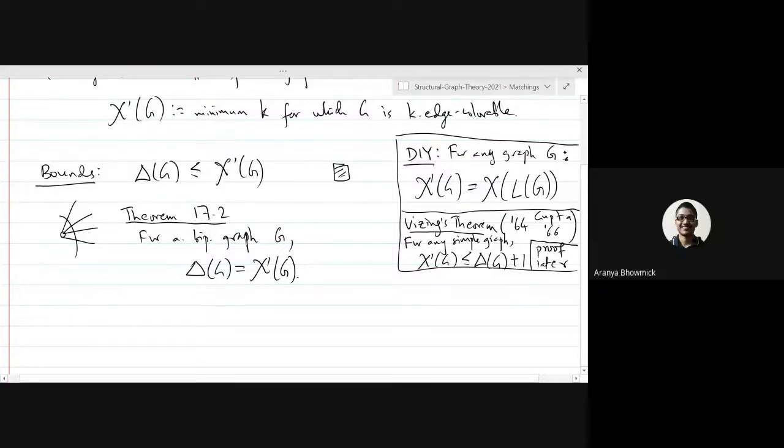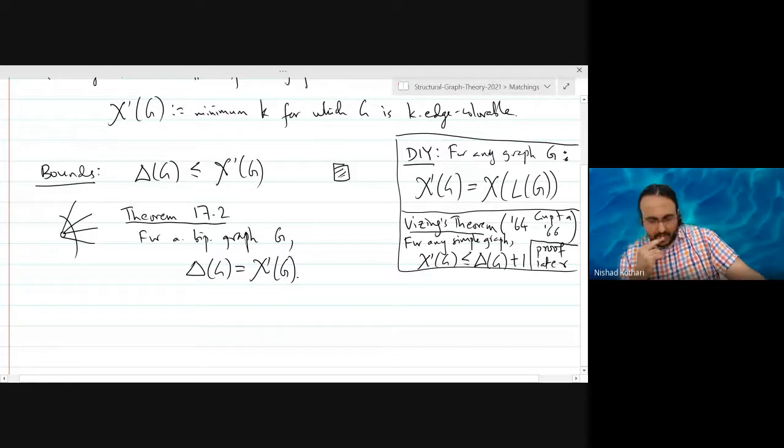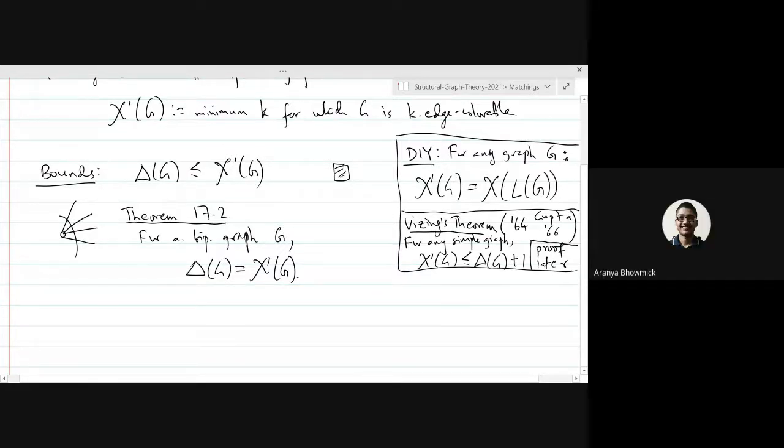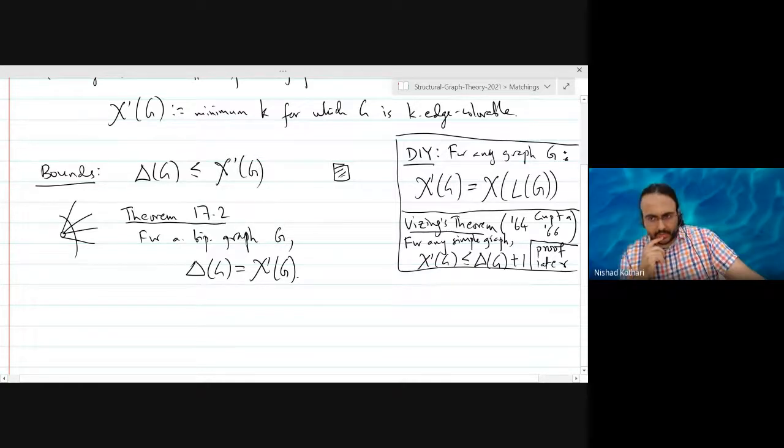There is a result which says that every k regular bipartite graph is k edge colorable. We did that yesterday. So if we can indeed show that any bipartite graph with maximum degree delta can be extended to a delta regular graph, then we can color its edges using delta colors. And these delta colors are necessary for the original graph because it is a subgraph. So that is one way to prove it.